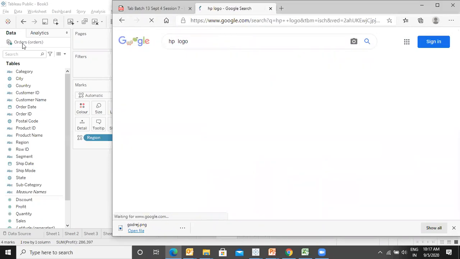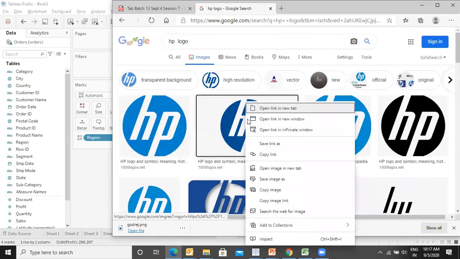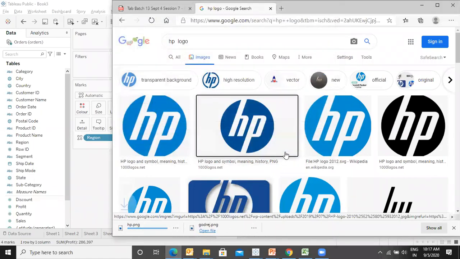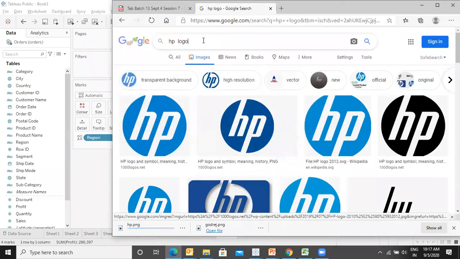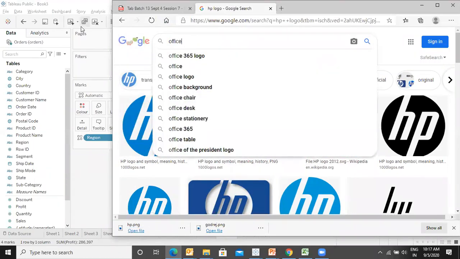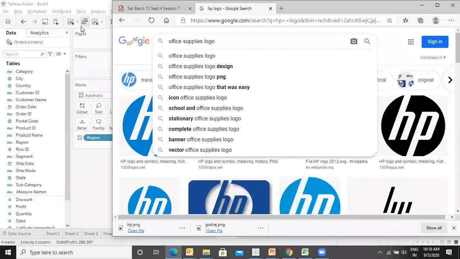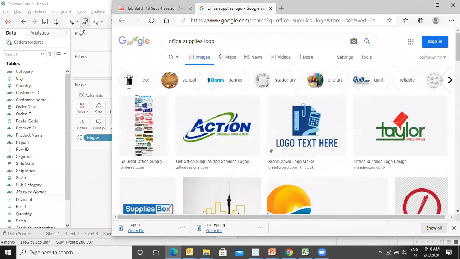Let's take another, HP. Let's take save image as HP, right.